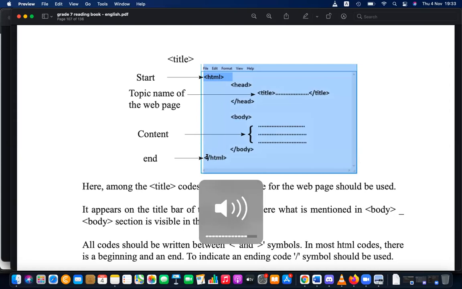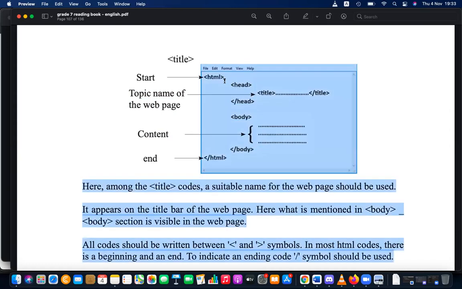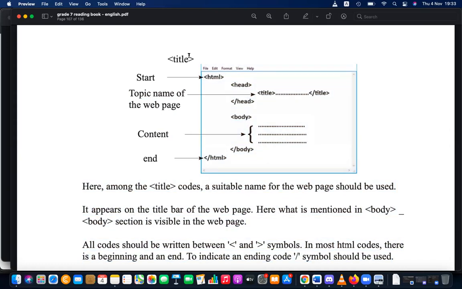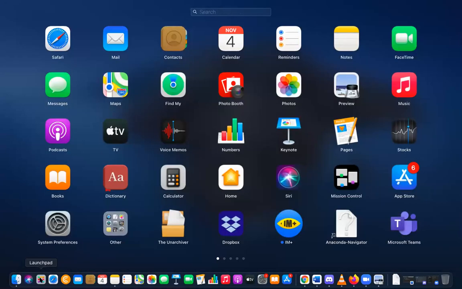The entire tag suite, that means including the opening tag and closing tag and whatever the content in the middle, we call that an element. In HTML, the basic structure for an HTML web page is the HTML element. Inside the HTML element, we can nest other tags. So let me open